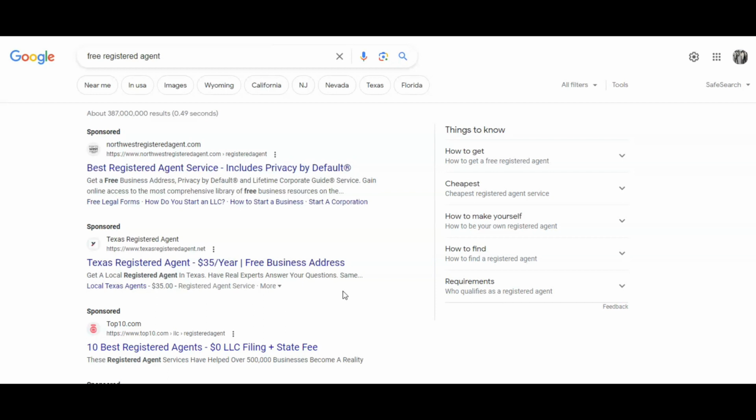Can you be your own registered agent? That's up in the air. It's based off of your state. The registered agent has to be a physical address, and the person that's the registered agent, whomever name you're putting down, has to actually be present at that address. So if you're using an entity, another business, to be your registered agent, they actually have to be doing business in that state, or at that address. You can't just,